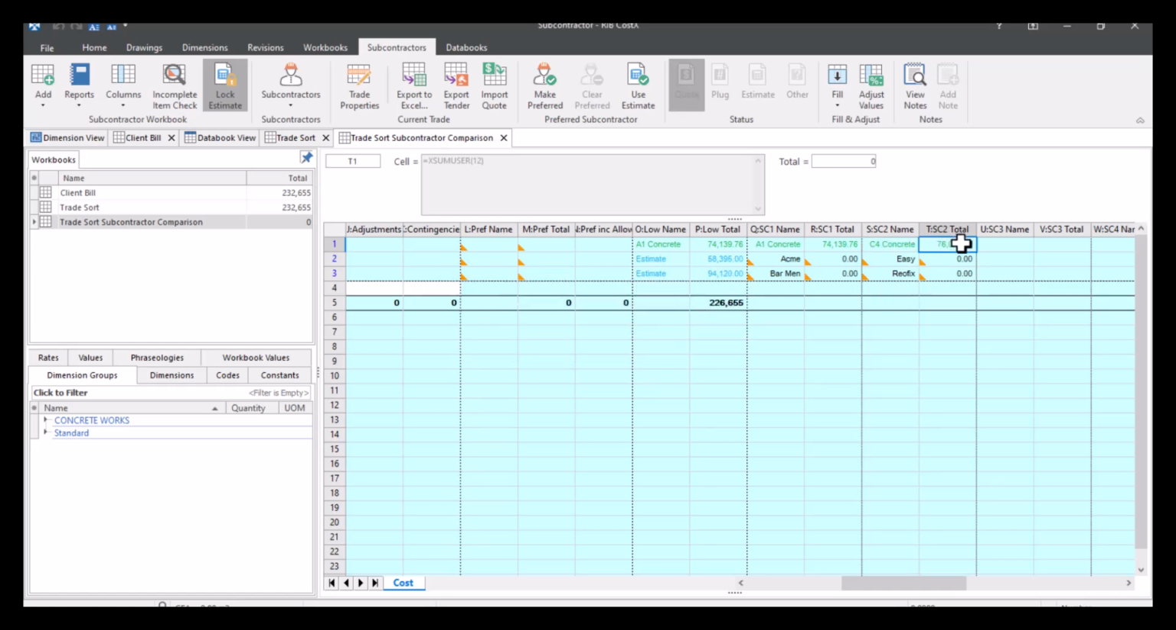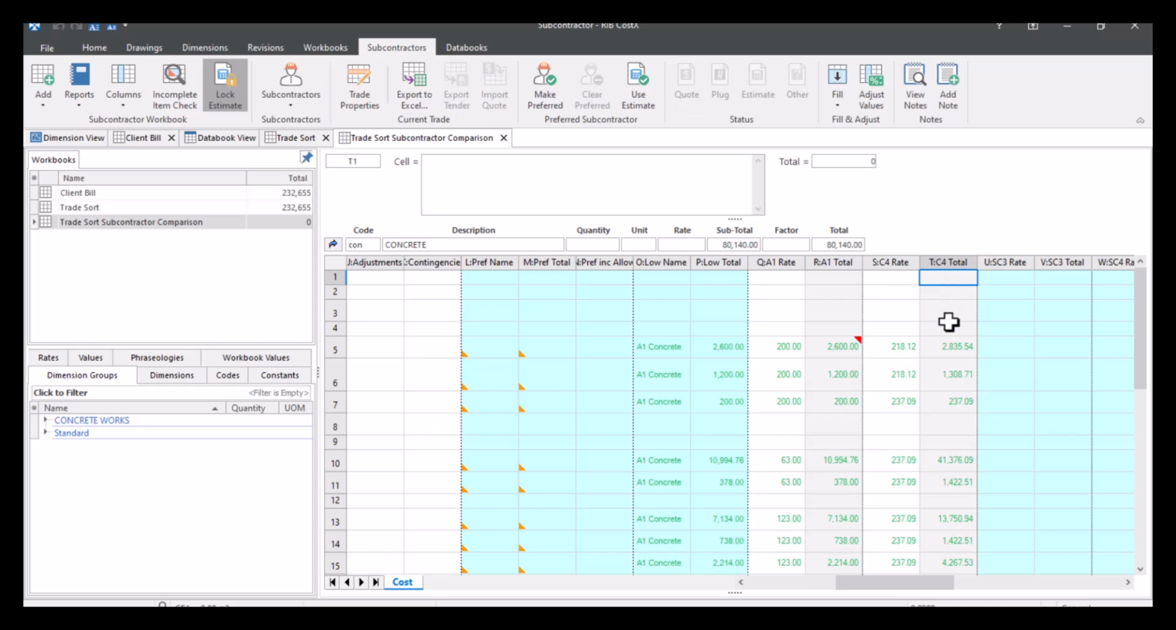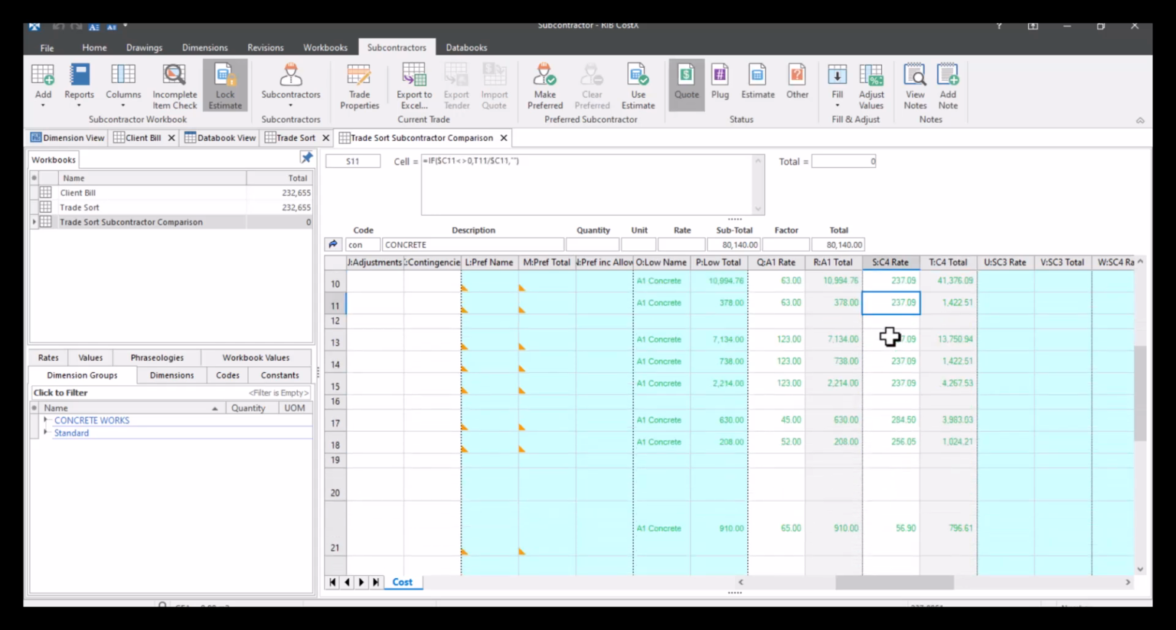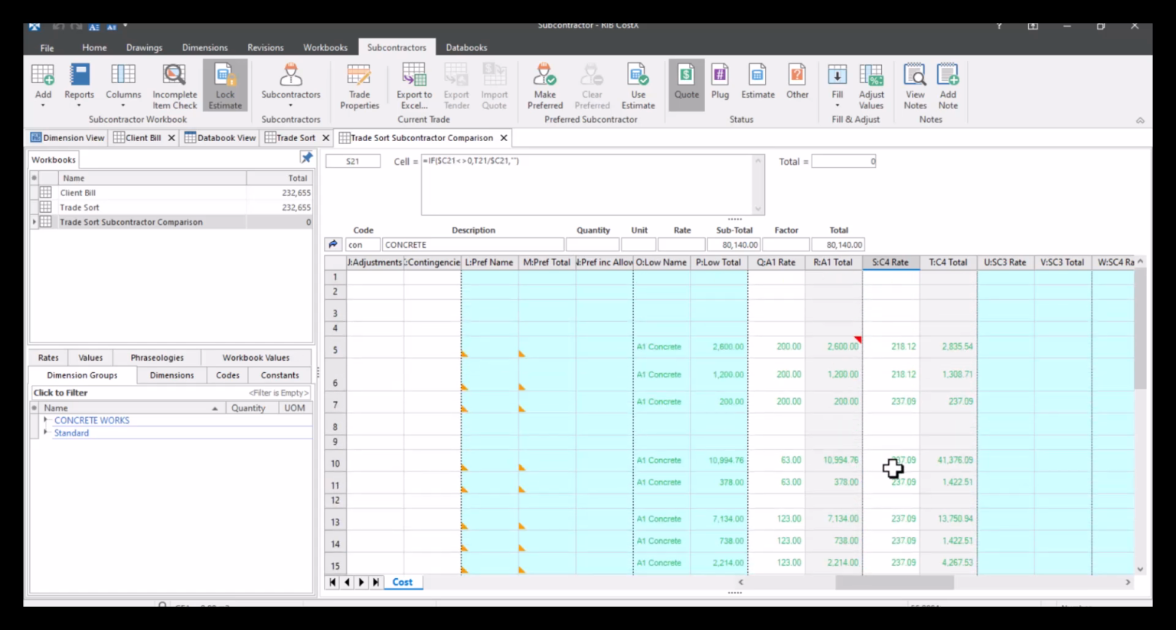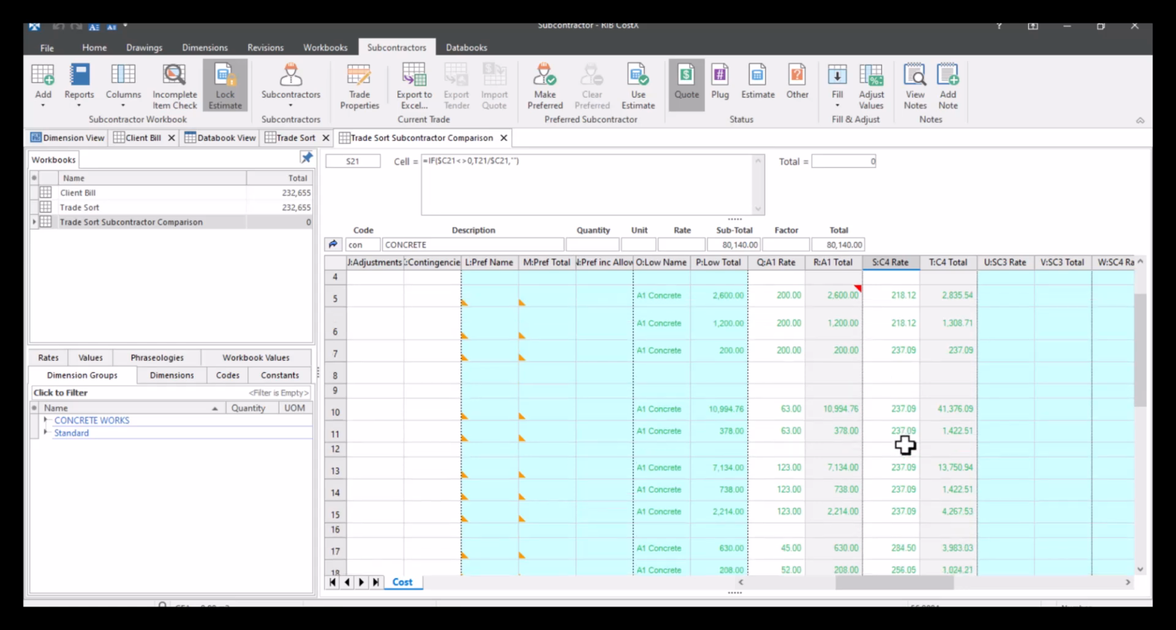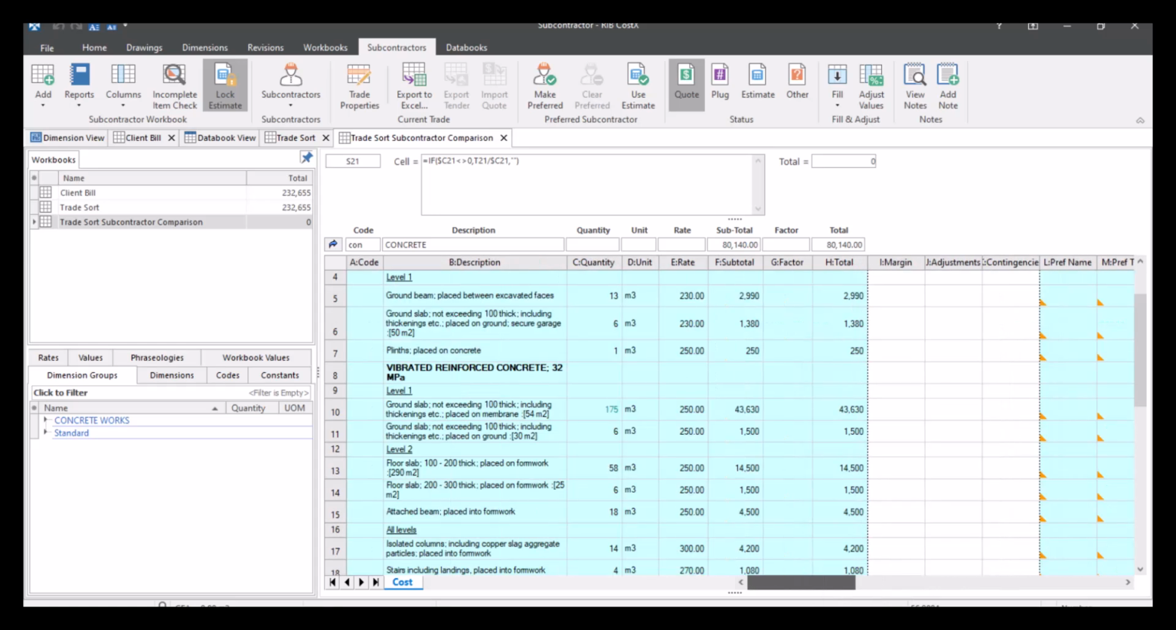Okay, and what this has done, if I double click into this, is it's actually prorated the rates for me. So I haven't had to enter those in individually, it's just automatically done that for me based on that lump sum. Now there are some other options to fill, so if for example A1 Concrete didn't provide the ground